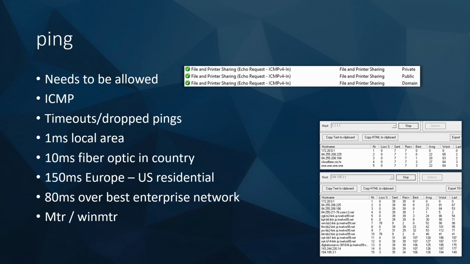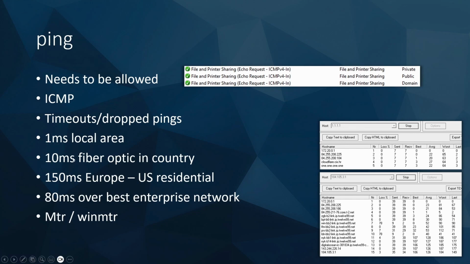It might be that someone steps on a cable. The cable has a shortcut, and then you lose the pings. So ideally, you don't have any dropping, and in the local area, like in the venue or in the office, it should be 1 millisecond. What this means is that a signal from computer A to computer B and back takes 1 millisecond